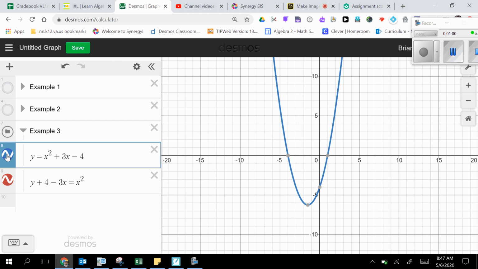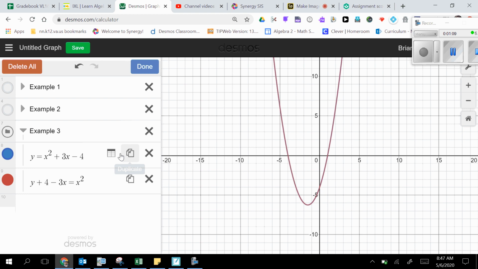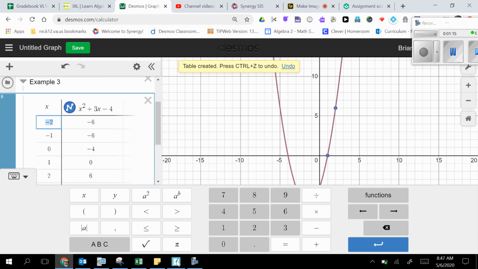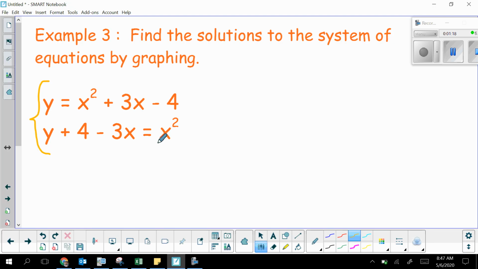And the reason for that is these are actually the exact same thing. So if I graph them independently, I can see all of the points are actually the same. And if we turn these into tables, right, well, we can only turn one into a table because it's in the correct format. But if we went back and we solved the other equation to put it in y equals,